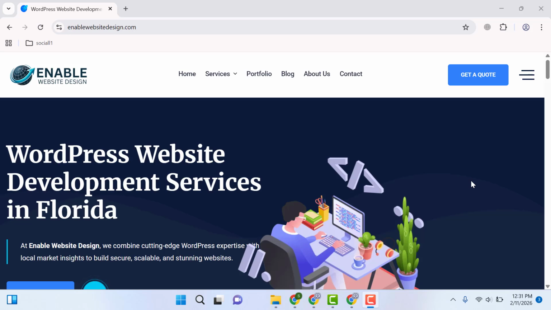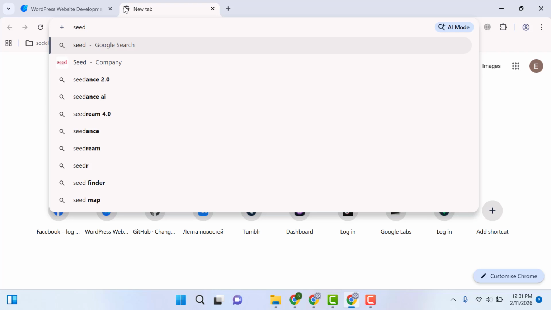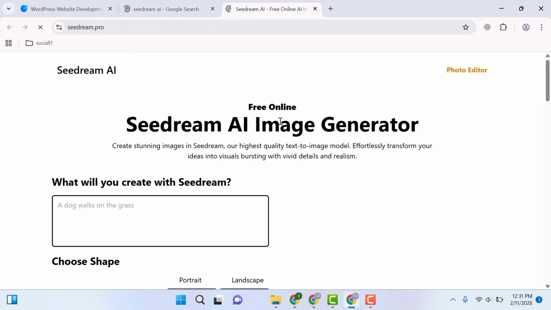In this video I will show you how to create an image using an AI tool. Here you can go and type Seedream AI. This one is the website that allows you to create any type of image. For example,